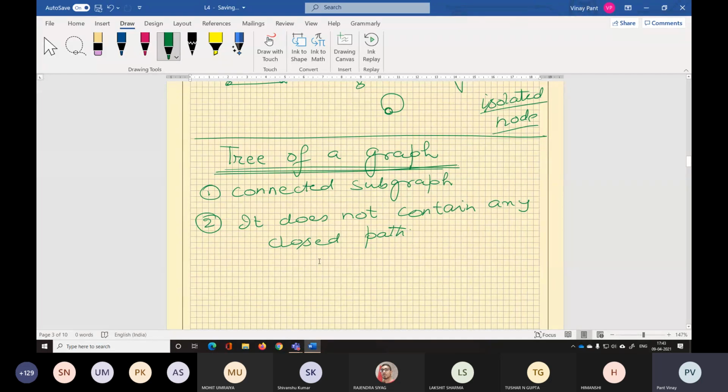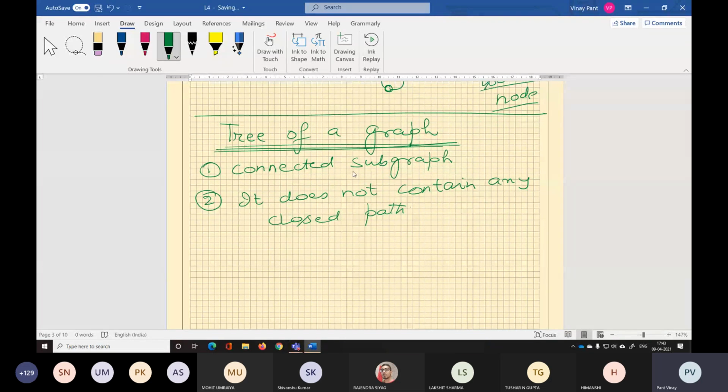Now this word subgraph has been introduced, meaning it will not have all the elements of the original graph. It will have only a few elements of the graph, and these elements will be such that it is a connected subgraph, yet it will not contain any closed path. Very simple, nothing special about it.